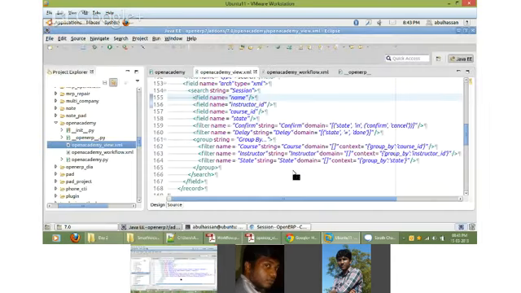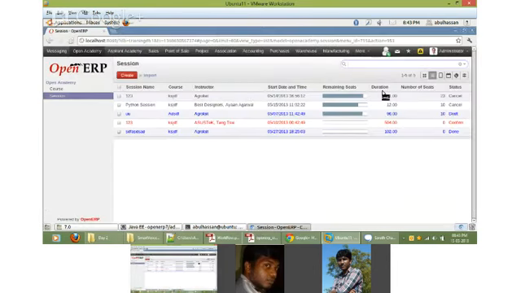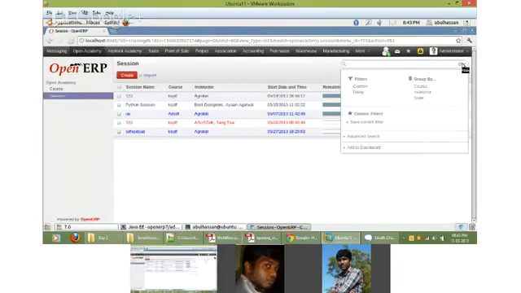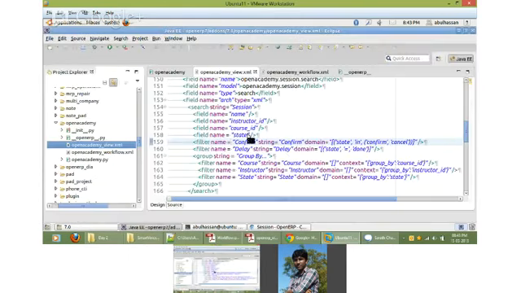Similarly, there are filters. There are two different filters you can see here: confirm and delay. Filter name is equal to confirm, string is equal to confirm, and the domain. See, this is what is very important. I'm going to give a tuple, which says state in confirm.